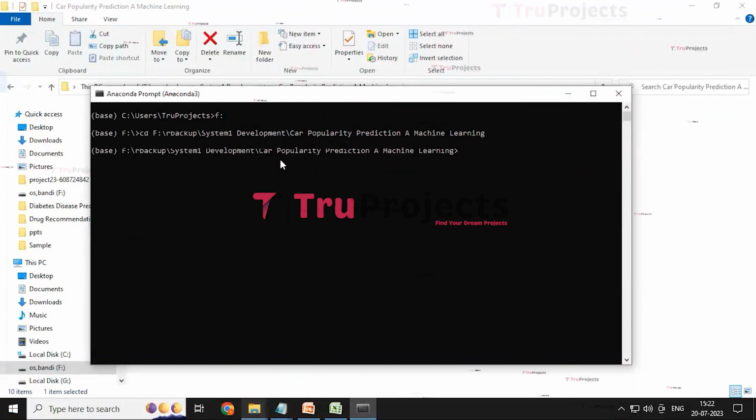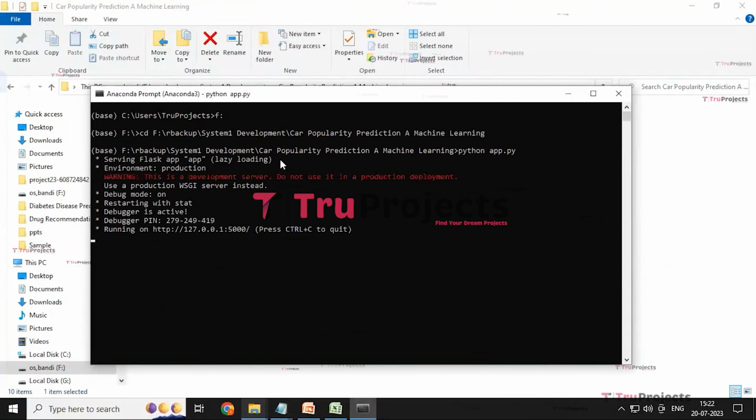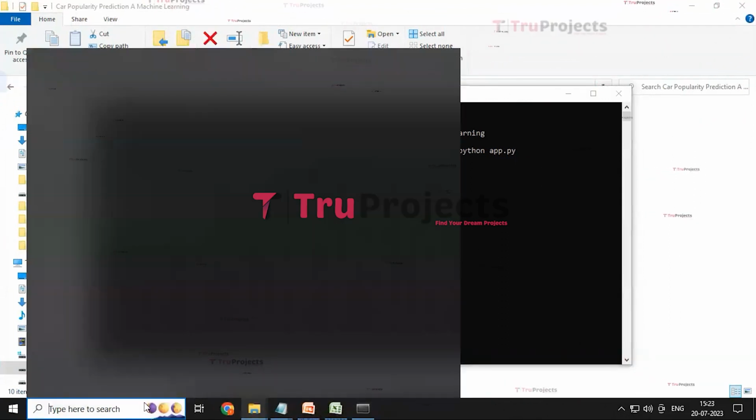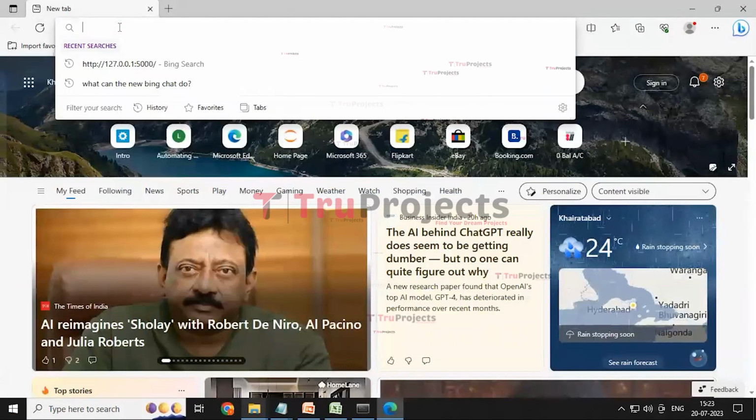And then here we need to write another command, that is python space app.py. This command will execute the Python script and perform a runtime check for any syntax errors or logical issues. Then click on the enter button. By running this app.py file, the Flask framework will host the application locally at the default address. We need to copy this address and paste it on any web browser of your choice. I use Microsoft Edge and then paste this address.